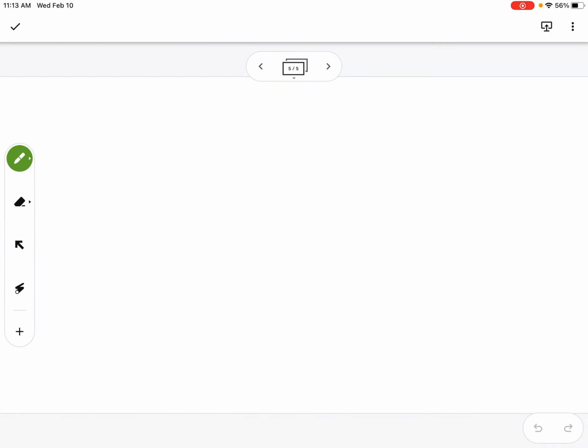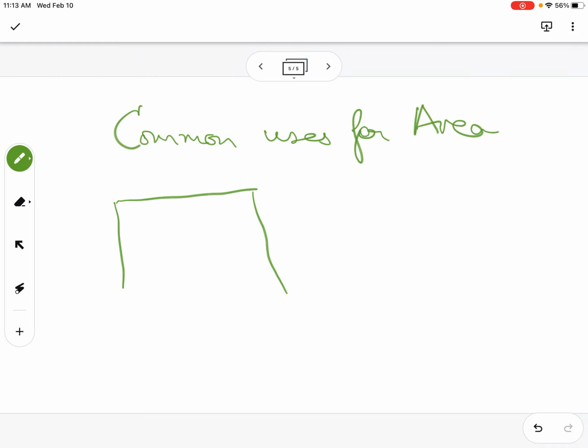So we've just mentioned a couple of common uses for measuring area. One is, I mentioned my kitchen floor. So if this is the size of my kitchen, and let's use the previous example. Let's say that this is 7, oh, that's going to be too small. Let's change it up. 14 feet is the length of that wall. And let's say that 10 feet is the length of this wall. And I want to know how many